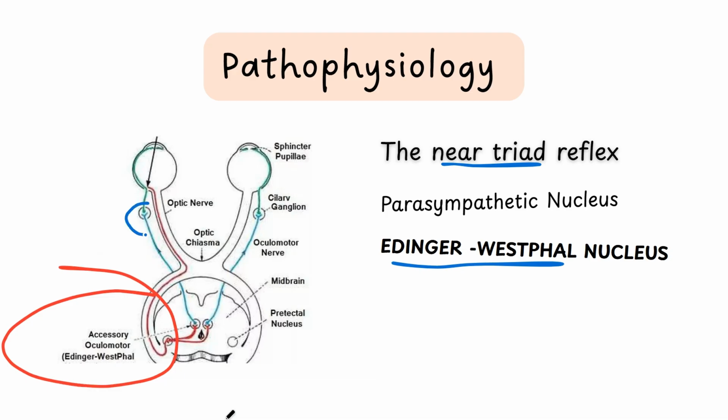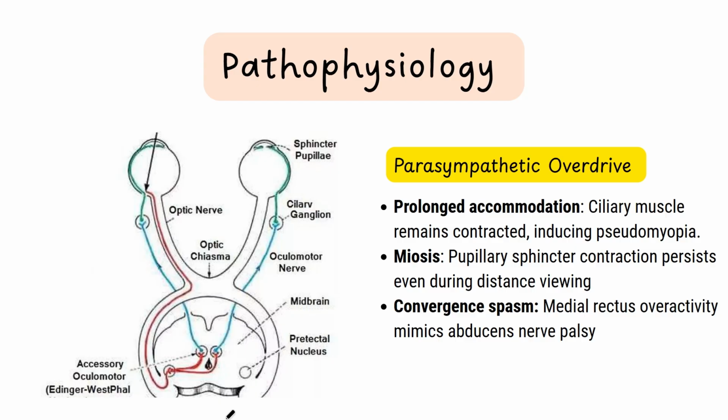It reaches the ciliary ganglion here, and from the ciliary ganglion, the impulses pass via the short ciliary nerves to the ciliaris muscle, which is responsible for the accommodation. Okay, now whenever we are doing constant near activity, that leads to parasympathetic overdrive. This parasympathetic overdrive leads to constant stimulation of the Edinger-Westphal nucleus and ultimately leads to prolonged accommodation, ciliary muscle spasm,